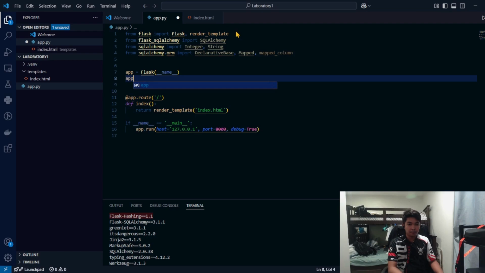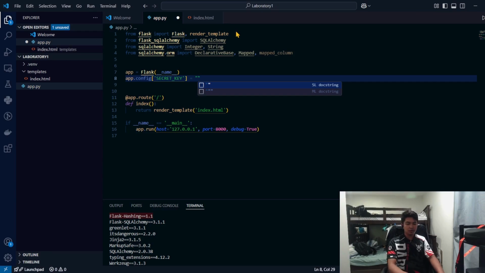So app.config, then the secret key, we call it do not expose.